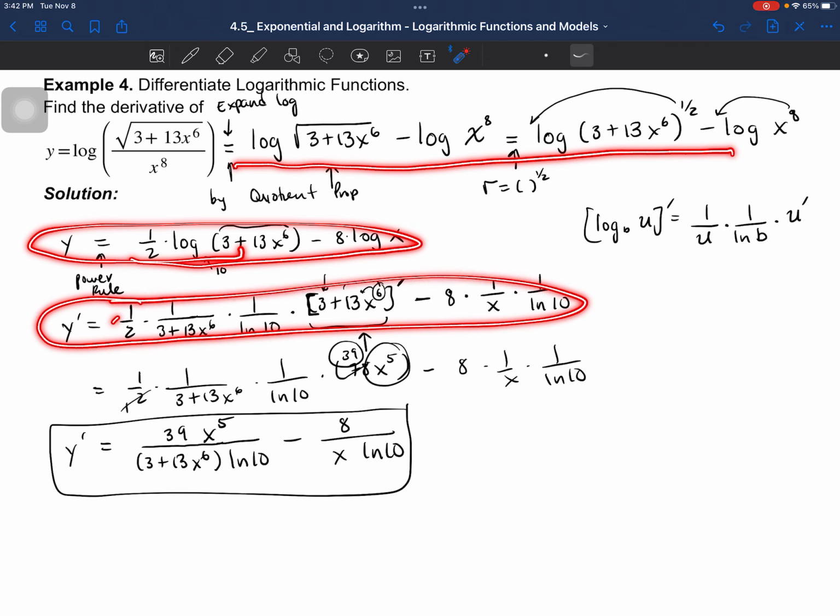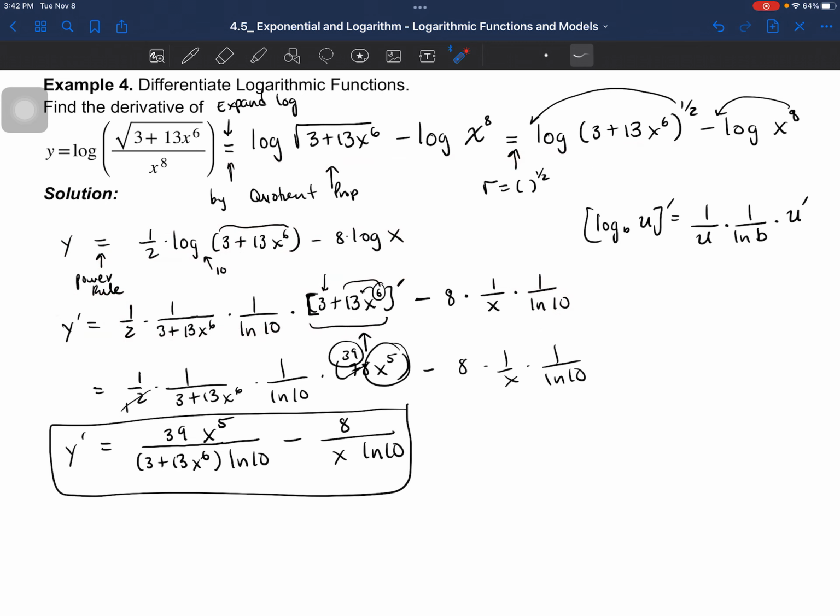Let me just tell you that everything we did was mostly just algebra. Everything up to here was algebra. This line was calculus, and then this line was calculus, and then from here to here was algebra, right? So there were only 2 lines that were calculus. Everything else was algebra, right? So I want to say that